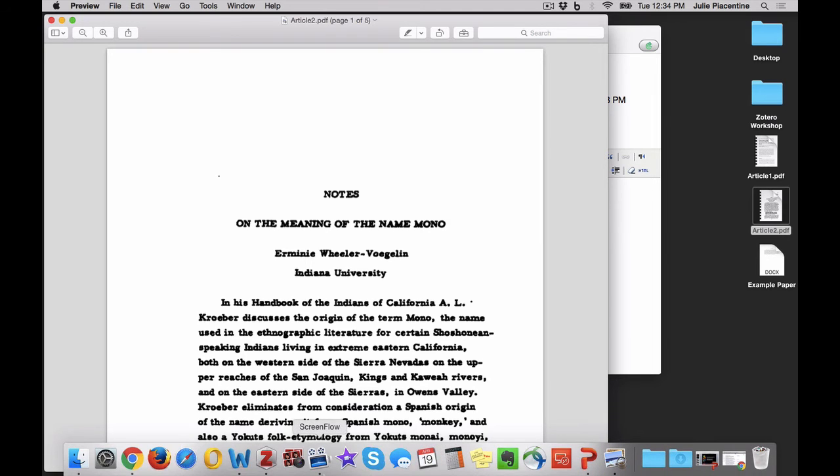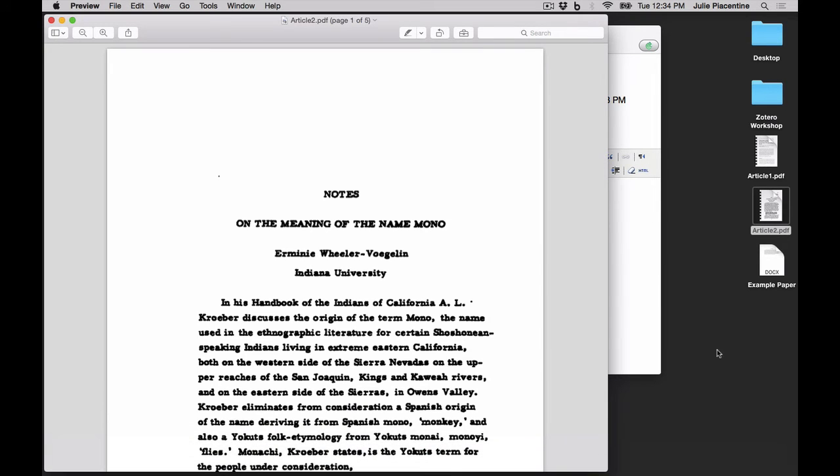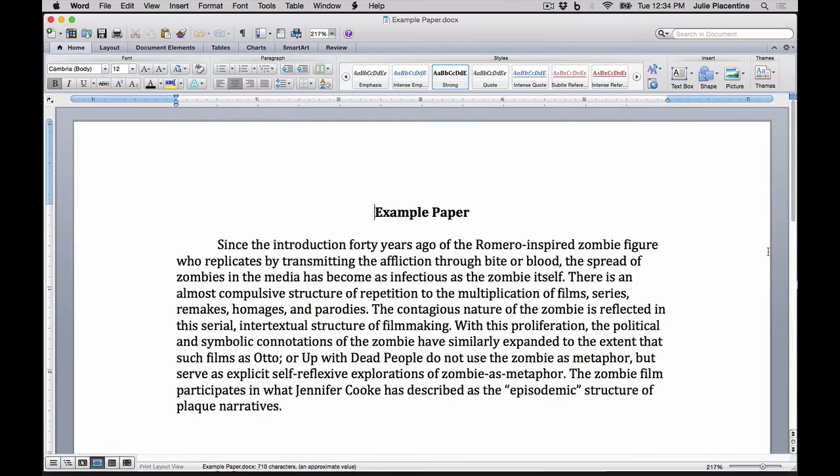Now that we have a number of citations saved in our Zotero library, let's practice inserting those citations into a document. I'm going to open a paper in Microsoft Word, and I'll start by placing my cursor at the point in the text where I want my first citation to appear. If we're using a footnoted style such as Chicago, I'll place my cursor just outside of the period where I want the footnote annotation to appear.